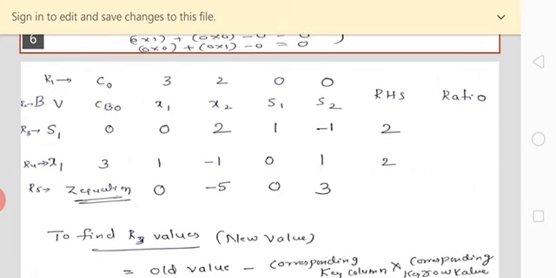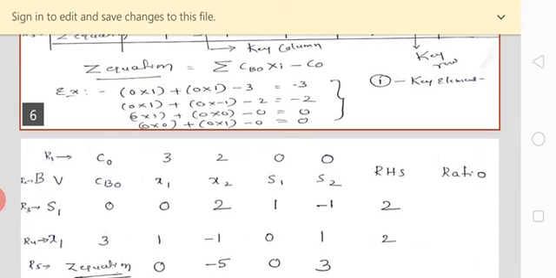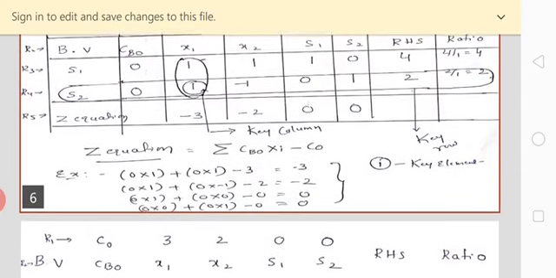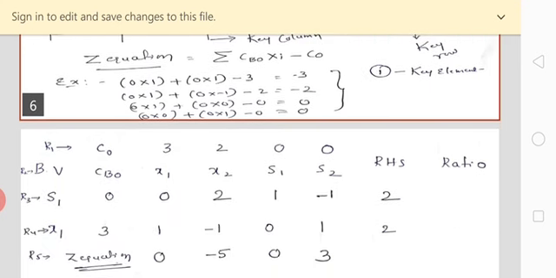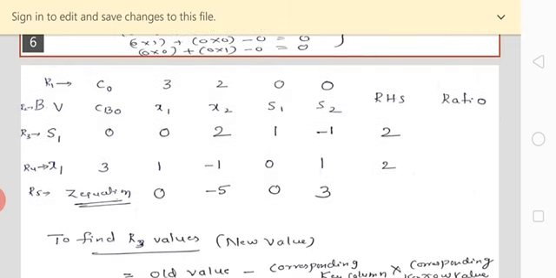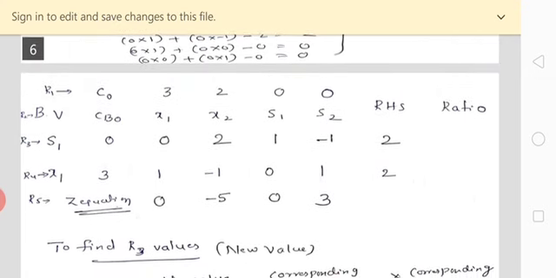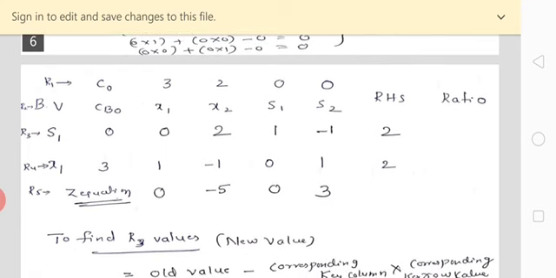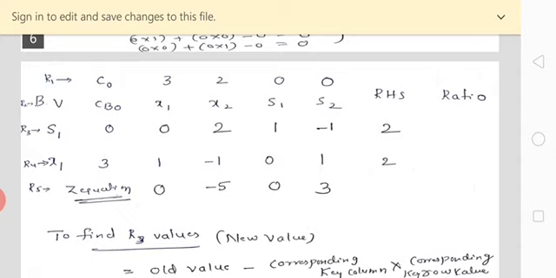Understood? And similarly as it is on C, B, O, nothing but x1, x2, s1, s2 I have written, and the next step is different here. We need to look after here, that the leaving row will be there, no? Here the R4 row, just look at R4 for x1. The quotient of the basic variable will be 3; its value in the objective function, that we have written here. The s1 value in the objective function is 0 and the x1 value will be 3 in the objective function.